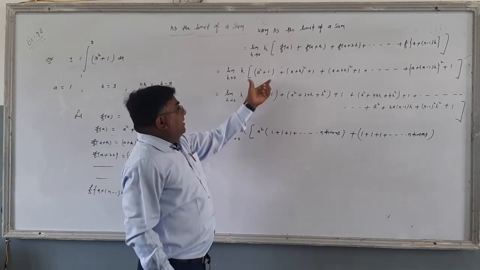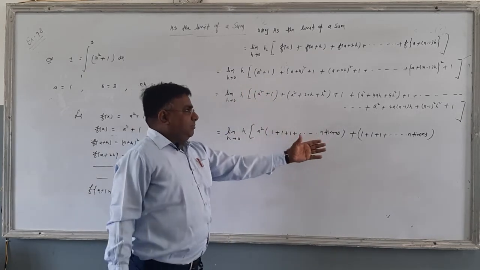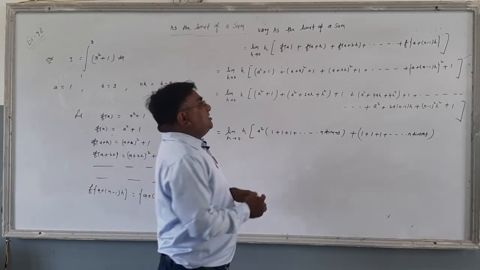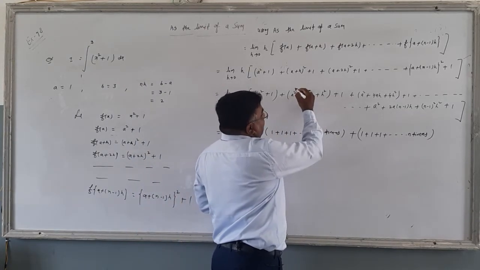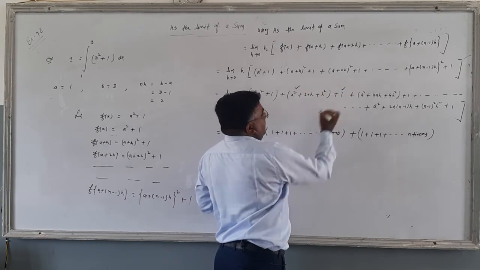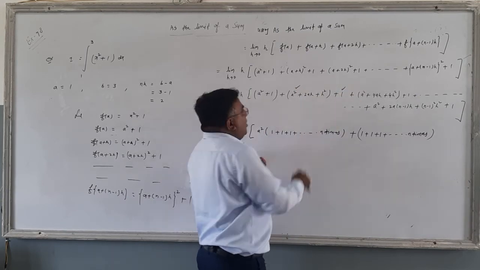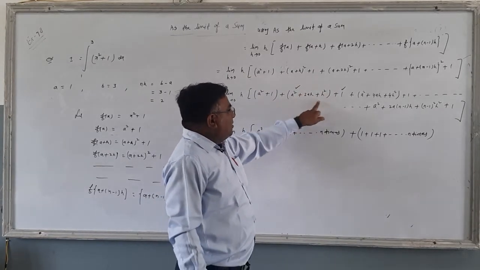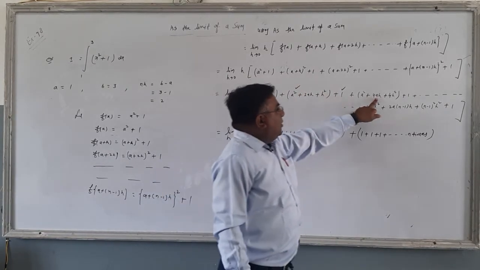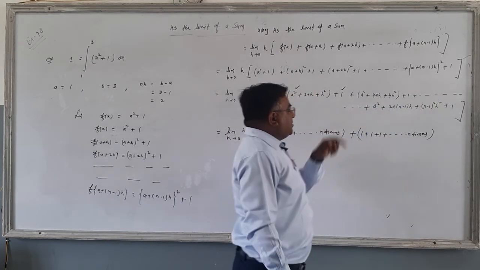F of a में there are two terms, that is two series. But f of a plus h, there are 1, 2, 3, 4 terms. But आपने इससे सीरीज बना दी, left two terms. आपको f of a और f of a plus h की वैल्यू देखनी है, right? There are left two terms, then 2ah, 4ah, 6ah, 2an minus 1 into h.